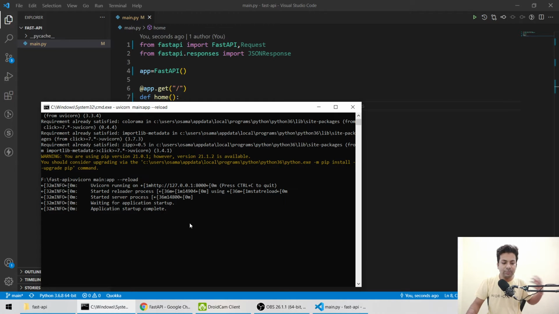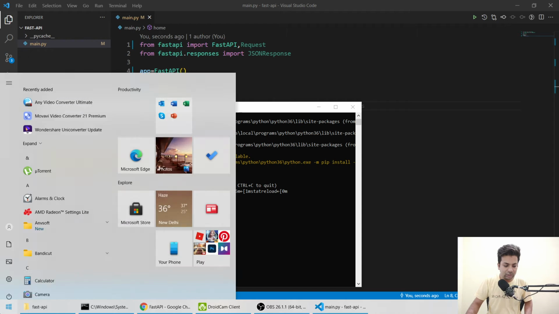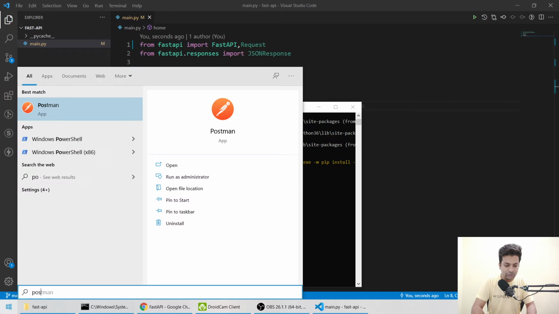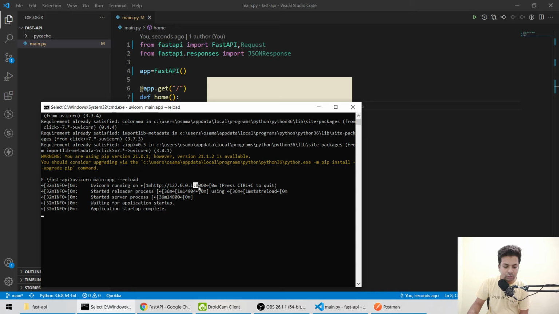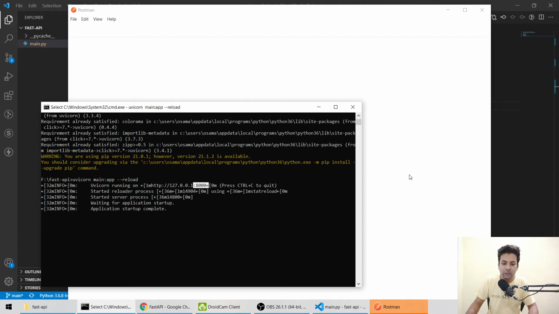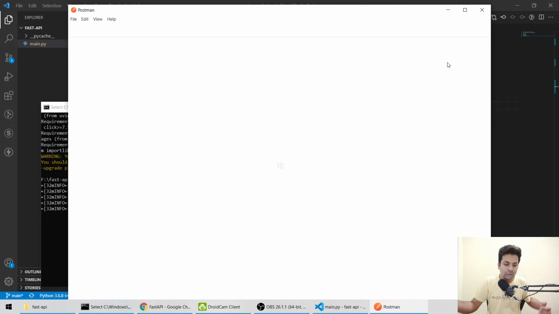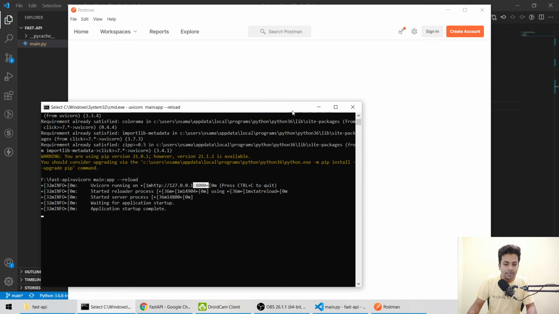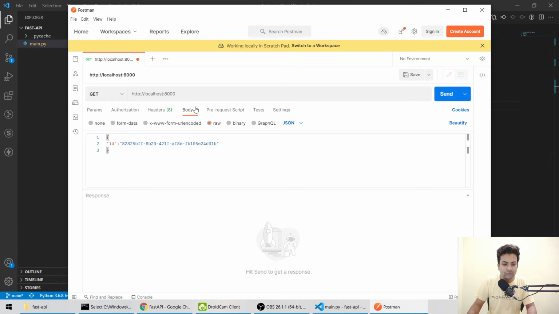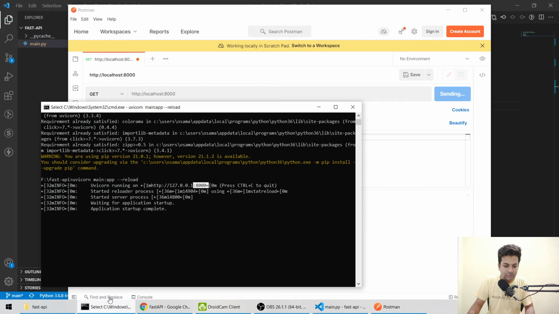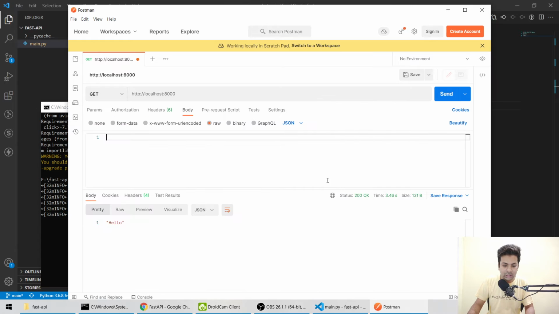So it's completely running, nothing bad. So we'll open Postman and test it. You can see it's running on localhost port 8000. By default it runs on port 8000, so you can change it if you want, just Google a little bit. Yeah, so I'm doing a GET request at 8000, and let me hit it. Okay, yeah, so I have got hello.